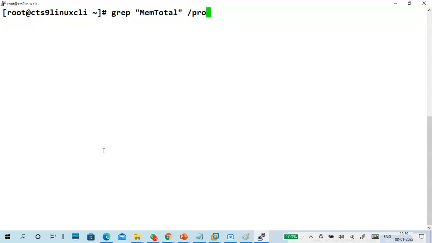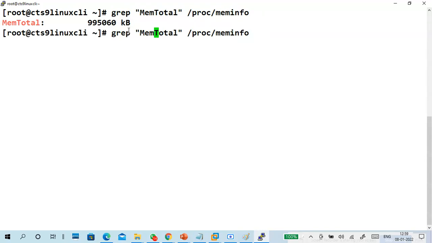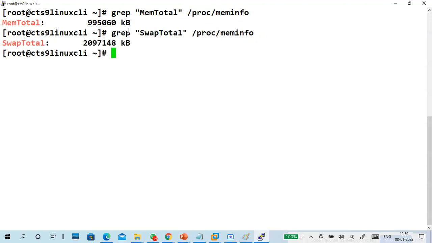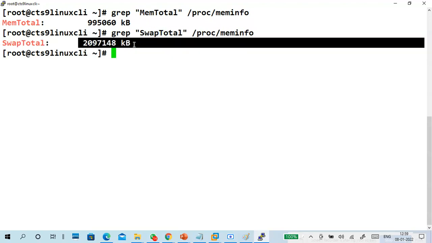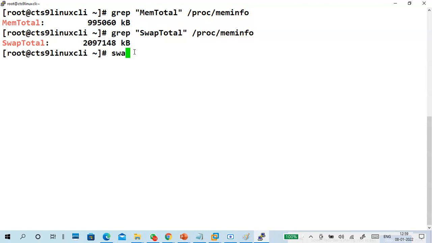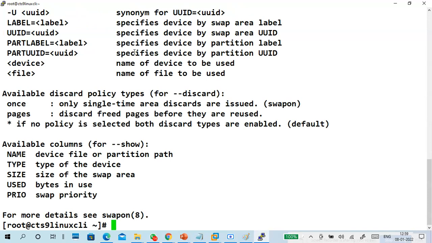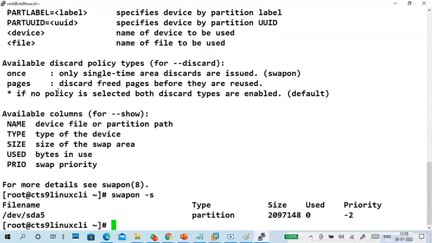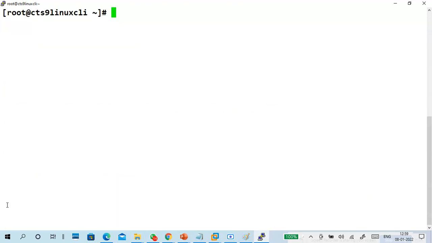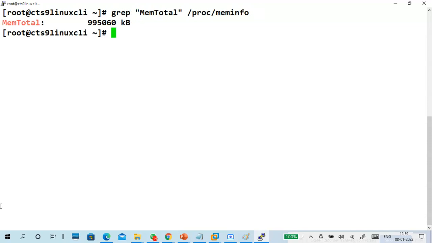/proc/meminfo. This is my physical RAM, 1 GB. Swap total 2 GB. swapon, this is the command. MemTotal is my RAM.